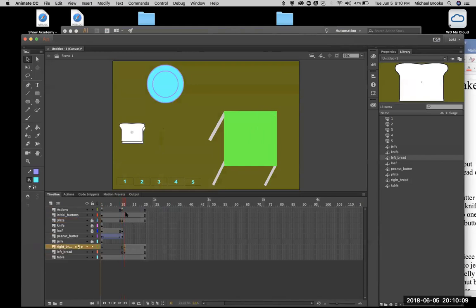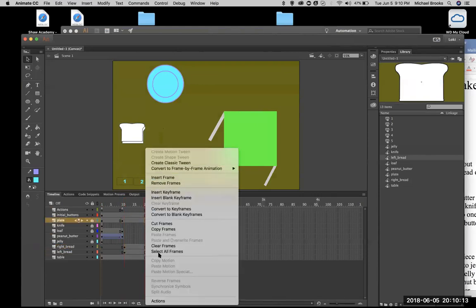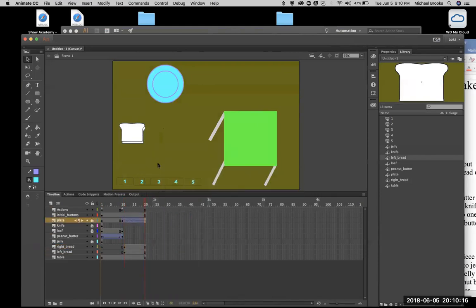Is that the motion tween? Now we're going to go to here. Create a classic tween. Classic tween. That's all that we have available, which is fine. But now,